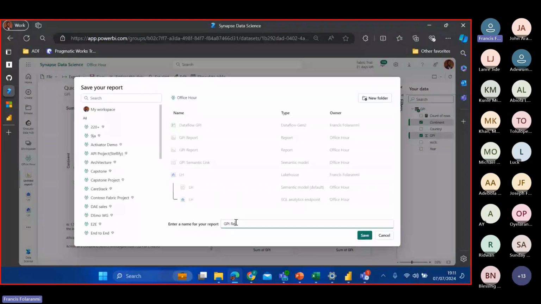So now I have something to start with, which is our Power BI experience. We can then go back into our workflow and associate both the semantic link and this report that we've created into that workflow.